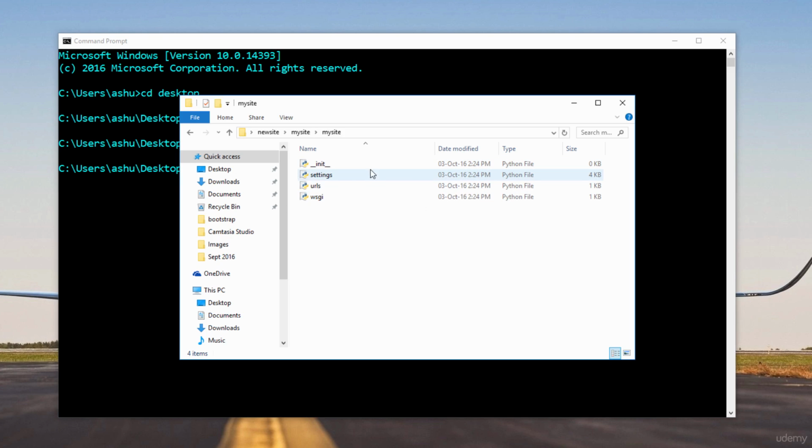Now we are going to learn about these files in much more depth in the upcoming lectures, because if I start to explain what these files are at this moment, it will unnecessarily make you a bit confused. So we will learn that in the next lectures. For now, just remember that this is our root directory, which is my site, which is going to contain all the files which we need for our project. So one thing you could do is that, as we will be working with these,